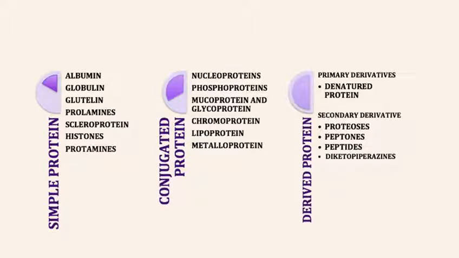And the last subdivision is the derived proteins. We have primary and secondary derivatives. They are nothing but the denatured products of protein. The primary derivatives are denatured products of the protein and secondary derivatives are the later stage of hydrolysis. Under secondary derivatives,